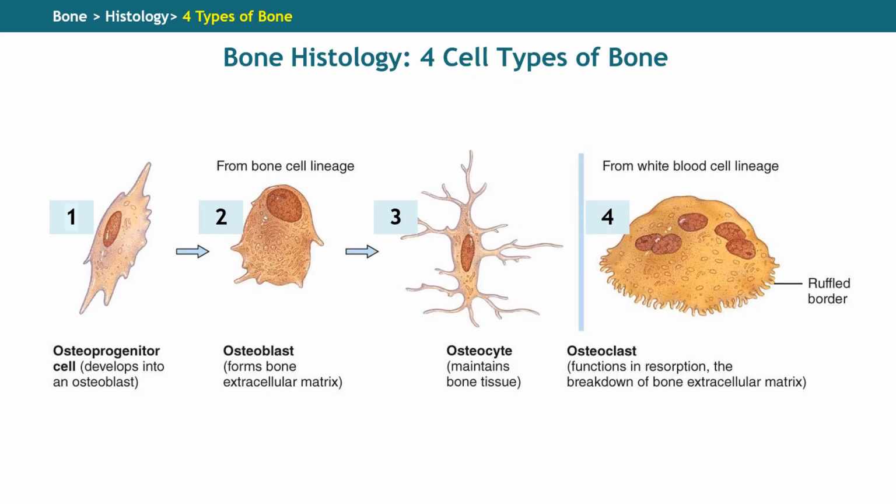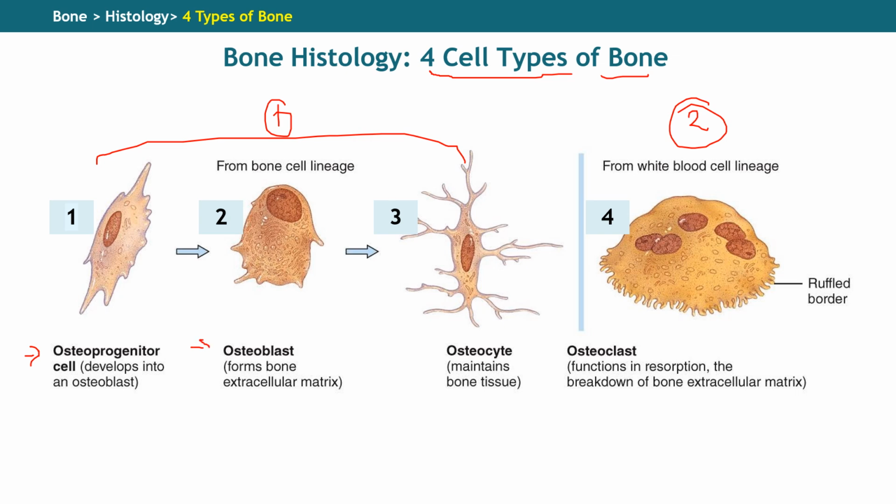So in this and in the following slides, we will be talking about these four cell types of the bone tissue. And here you can see these four type of cells, and we are going to divide it into two groups. So here you have the first group, and here you have the second group. In the first group, you have three type of cells. First, the osteoprogenitor cell. Second, the osteoblast cell. And third, the osteocyte cells. And the osteoprogenitor cell is going to produce the osteoblast cell, and the osteoblast cells is going to end up